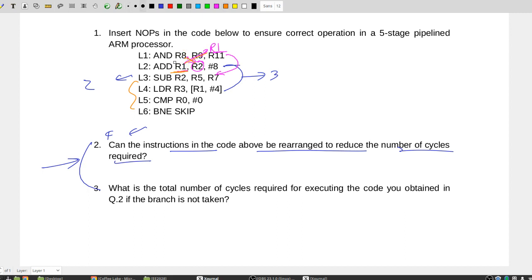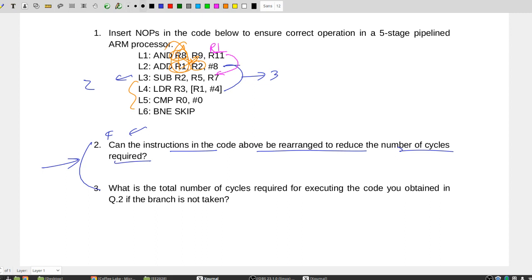By the way, there are nicer terms for all these checks, but let's not go into details. One check is something which we already know, right? This is what we call a true data dependency or a RAW hazard. The other one is what we call an anti-dependency. This is what we call an output dependency.